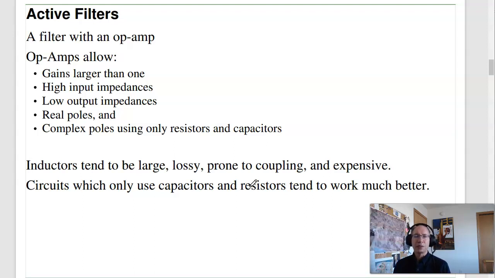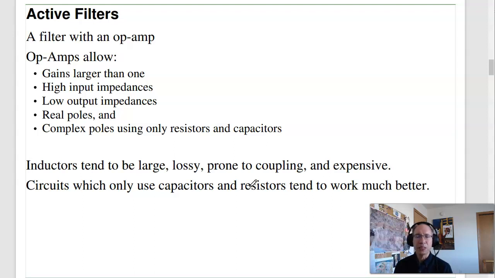When you design a filter, we're going to want to actually implement them. Today we're looking at various circuits that allow you to implement the filter once you design it. How you design that filter is going to come up later. So the circuits we're going to look at are kind of like the Legos, the building blocks you can use. We're going to look at an op-amp circuit that allows you to build a filter